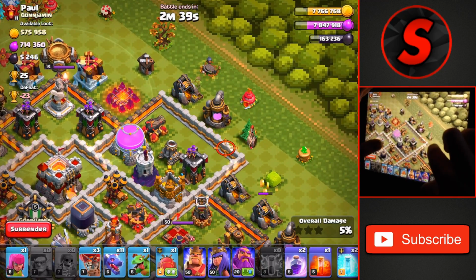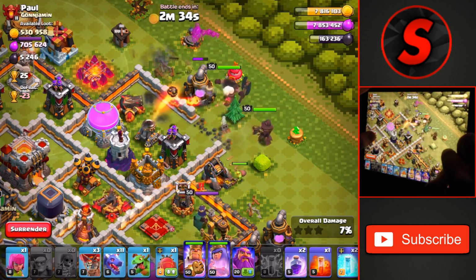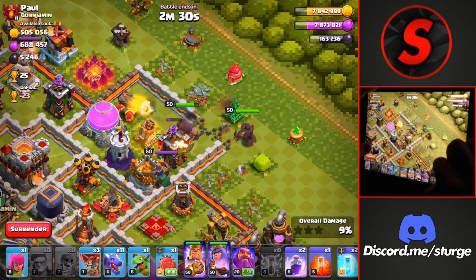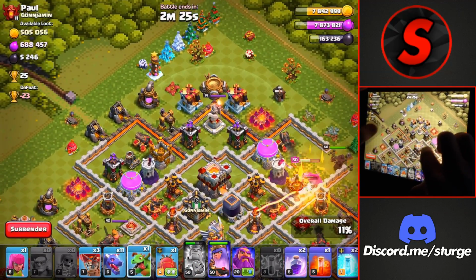I chose the right side instead of the left because of the Archer Queen, the enemy Archer Queen being close to that air defense, so we'll drop a couple of sneaky goblins to take down the outside collectors to allow for the king and queen to push in directly towards the enemy queen and take down that air defense on